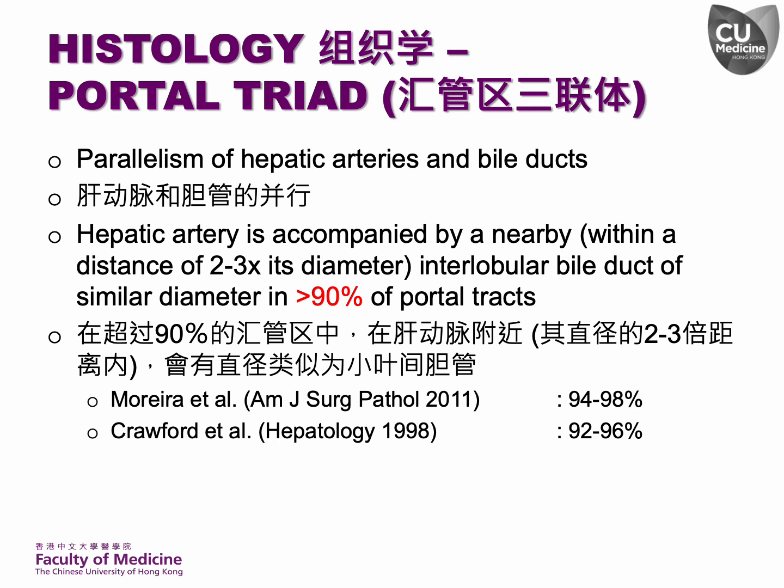This close spatial relationship, often referred to as the parallelism of hepatic arteries and bile ducts, is a characteristic feature of the normal liver anatomy. Deviations from this parallelism, which means the absence of bile ducts in proximity to hepatic arteries, have diagnostic implications in assessing ductopenia, which will be further explained later in our lecture series.